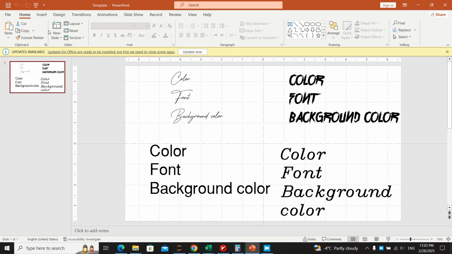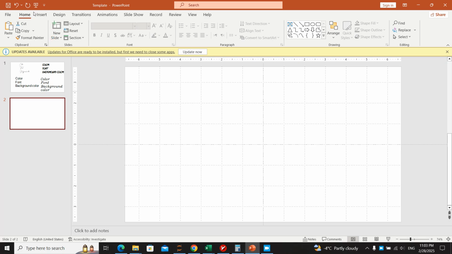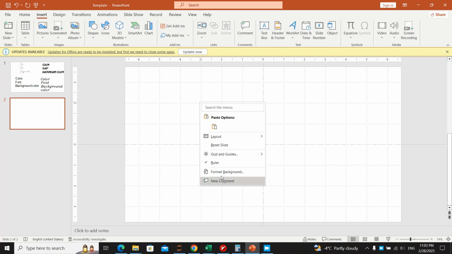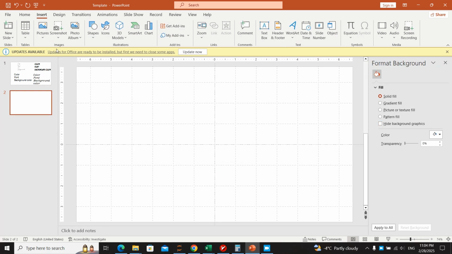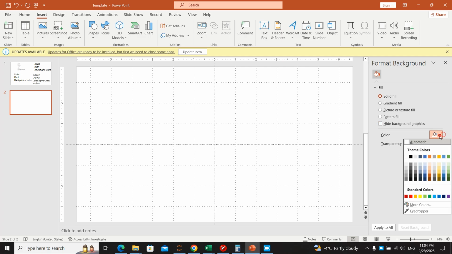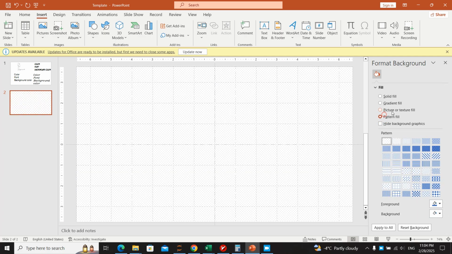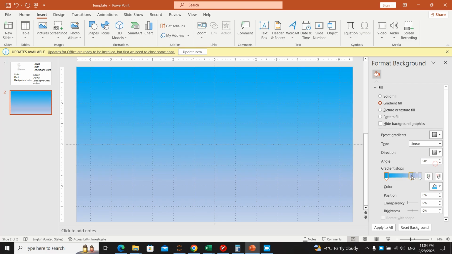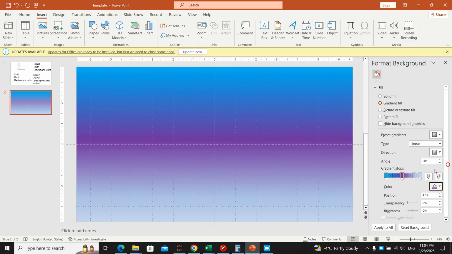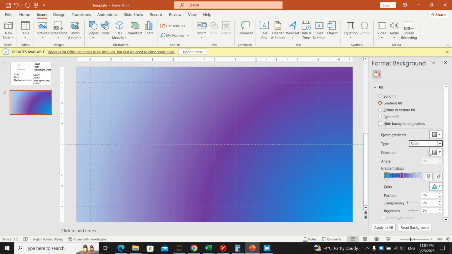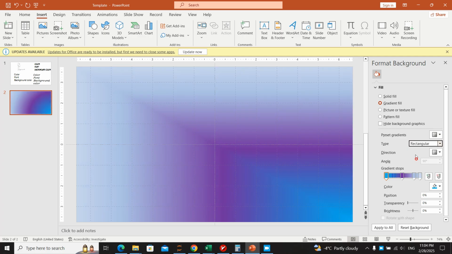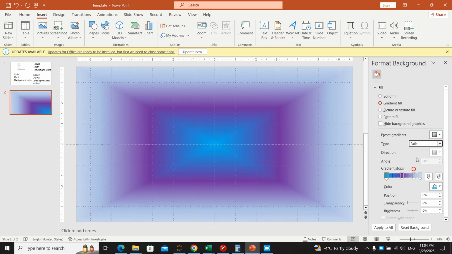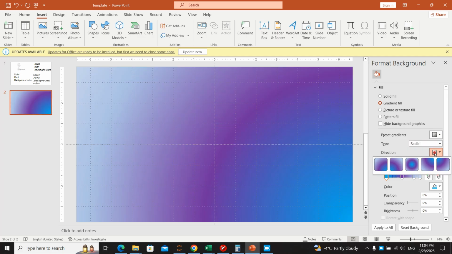We are here now, let's quickly go to try to create the background. For creating the background, we can have many options, but we can also use the gradient fill. Let's change the color to something more visible. This is good. And then let's see for linear, radial, and also rectangle and path. Let's go with radial